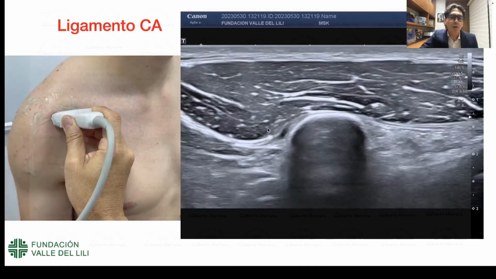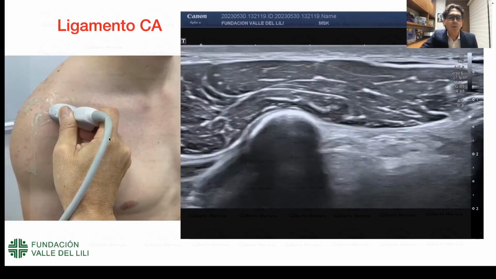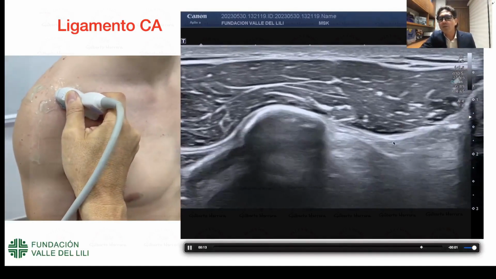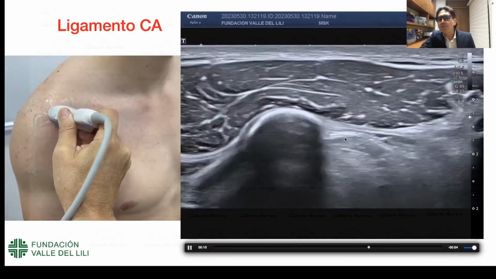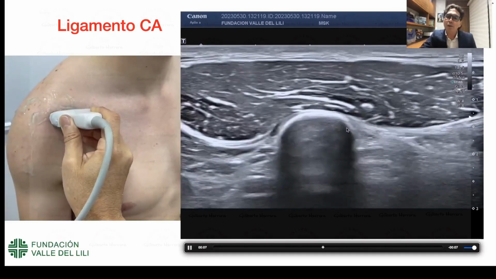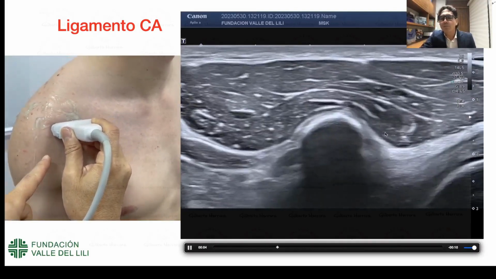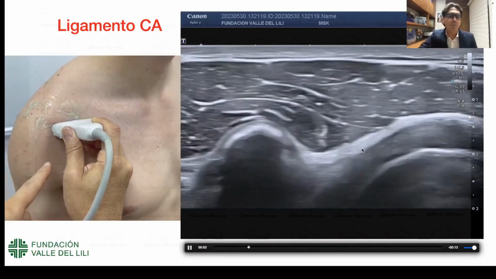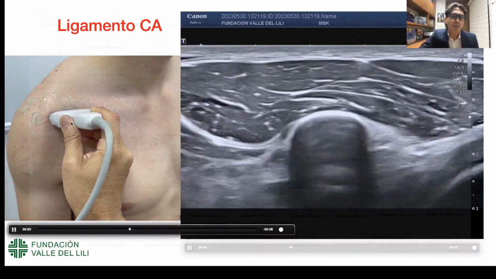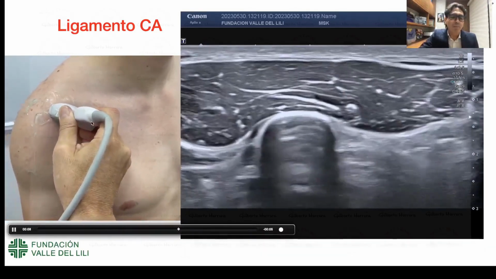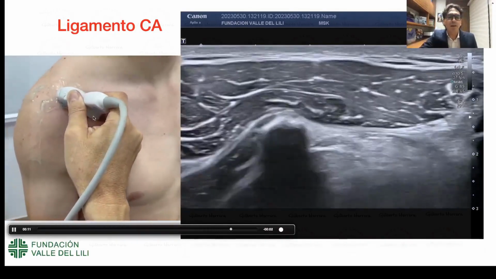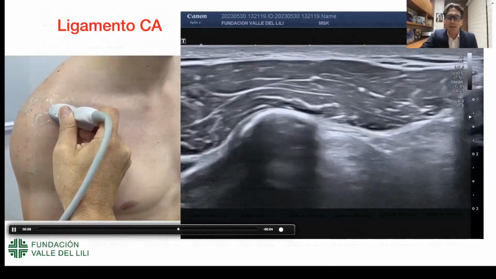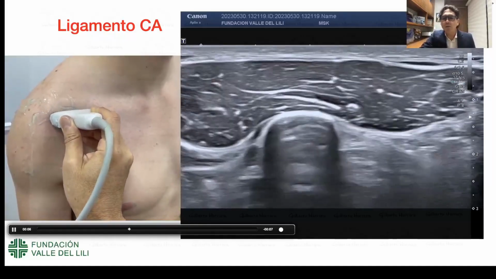So we reach the coracoid, evaluate it, rotate our probe toward the acromion, and you'll see that we find a clearly identifiable structure with a well-defined pattern, bone structure against bone structure, that is connected. Remember that ligaments are named for where they go from and to, in this case, coracoacromial. The coracoacromial ligament, underneath it, as we saw before, is the subscapularis and the footprint. But what's important here is the position. At first, it's a bit tricky, but it's actually very, very simple. Basically, if you learn to identify this, you'll also be able to identify the position for interventions and for proper diagnoses. In the rotator interval or rotator interval,